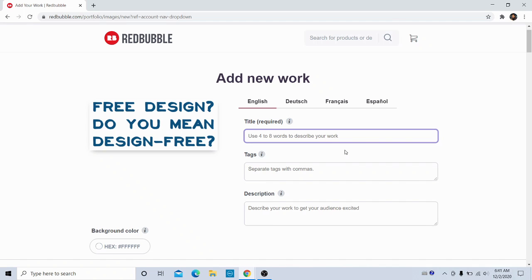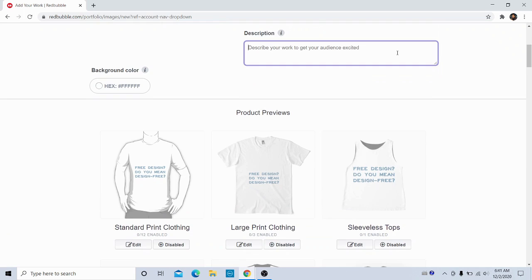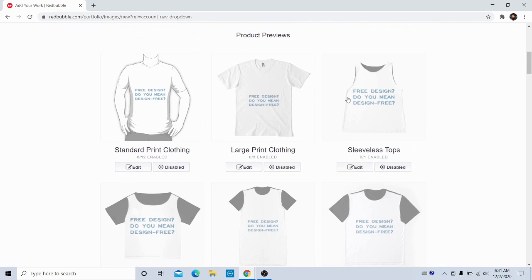You can include tags. Including tags makes it easy for the website to search for your product. Then description. You can put a description explaining what the design is all about,